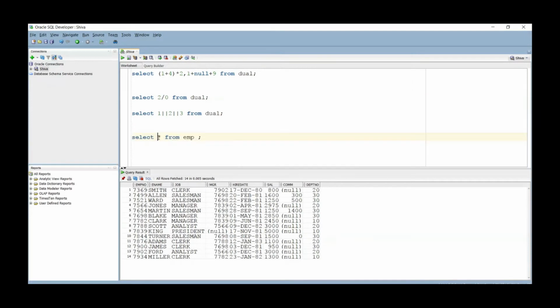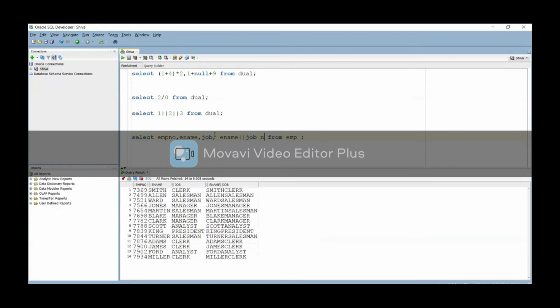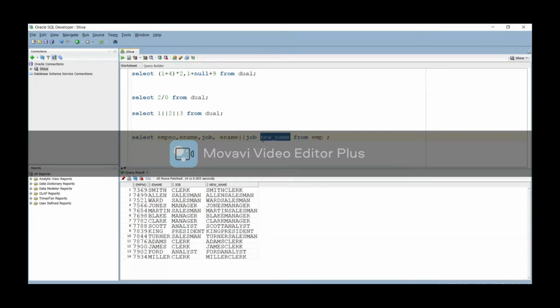In that case, you can say EMP number, e name, job as the columns, and I am going to concatenate e name with job, as a new name. I have provided an alias name for this, an alternative name.